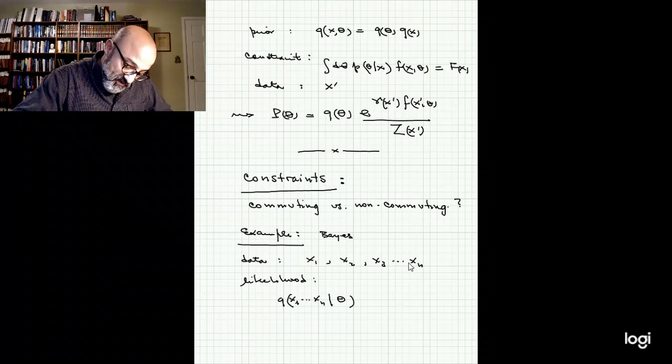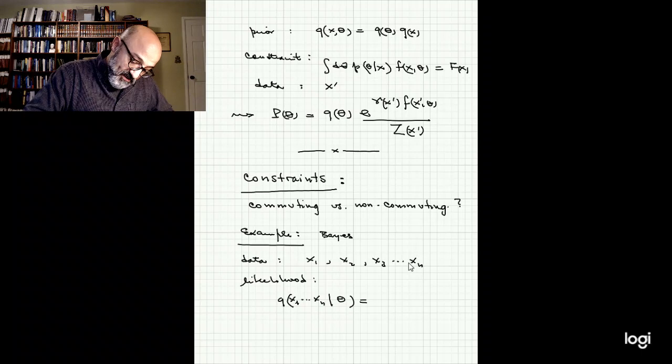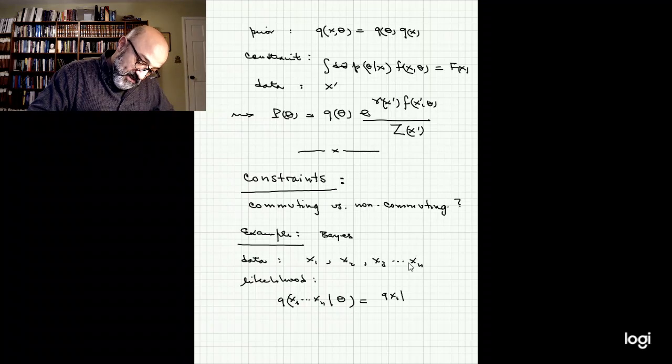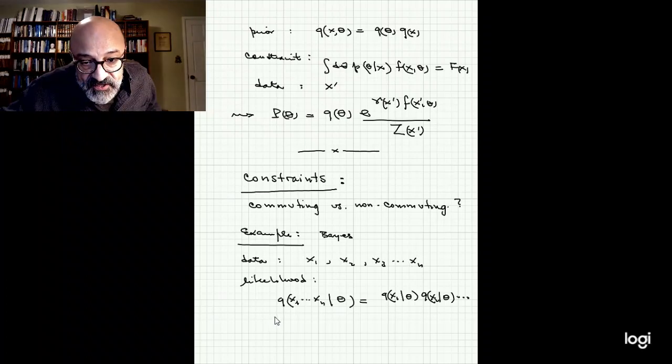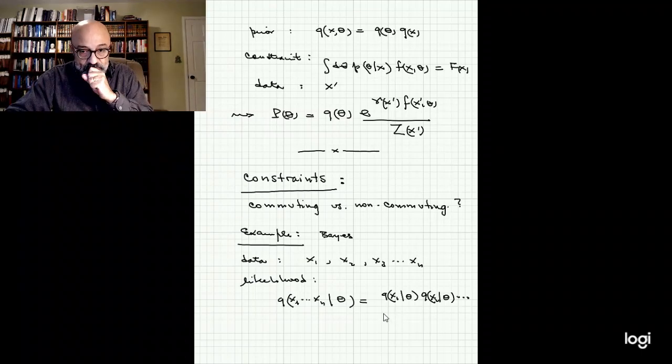And I'm going to make the assumption here that these experiments are independent. So you're going to have q(x1 given theta) multiplied by q(x2 given theta), and so on. So this is where I tell you that x1 is independent of x2. Now, one thing that I would like to